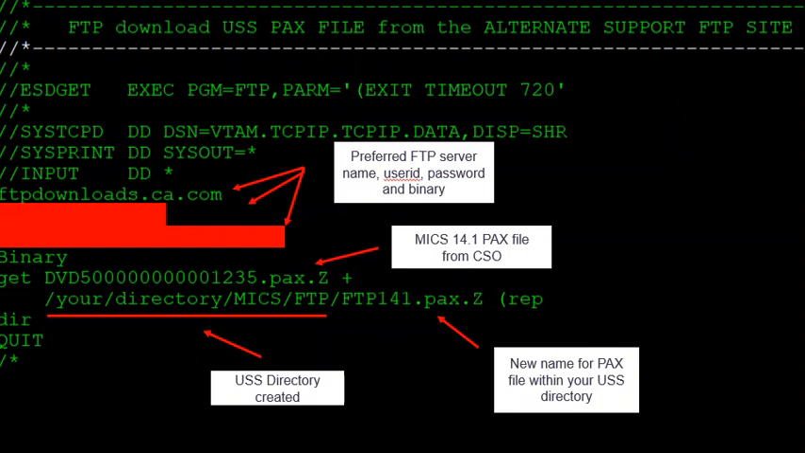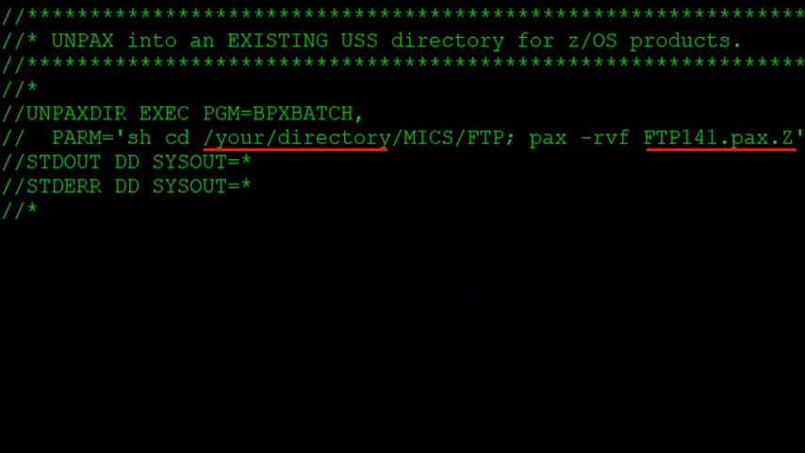PAX file. Lastly, you can provide a new name if you desire for the 14.1 PAX file. After all changes have been made, submit this job, which will download the PAX file from the CA FTP server to your USS directory. After the PAX file has been successfully FTP'd to your USS directory, the next step is